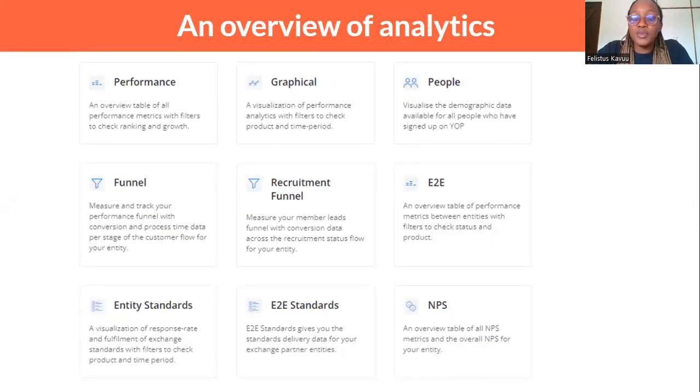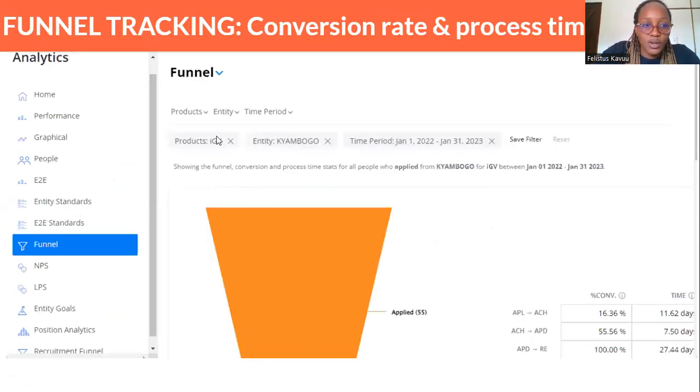So this is just an overview of analytics. This is within Expa under analytics. So this is how it looks. The first thing that you are able to check for is the process time and the conversion rate. This you check for under the funnel. You come here to funnel, enter the product as IGV, not IGV old, IGV, entity, enter your LC name, and then the time period varies. You can check for the daily one, the weekly, last month, this month, this quarter, or you can set a custom range so that you can see the performance.